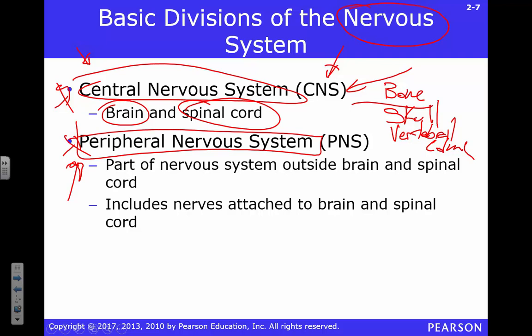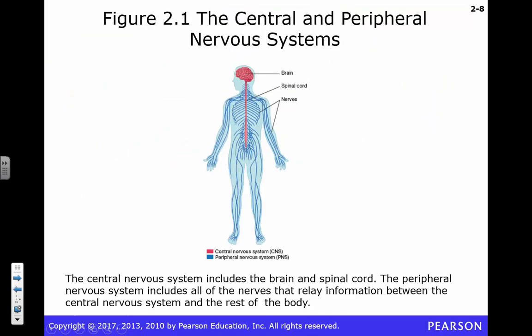So I want you to keep this CNS, PNS division in mind when we talk in just a few moments about oligodendrocytes. Okay? Because there are two kinds of cells that create the myelin sheath, some in the central, some in the peripheral, and they have some important differences. Okay, so it's going to highlight why this difference is important. Just in case you decided not to listen to anything I said and you prefer colors, there's the diagram. And I'm just going to draw green right around all of this so you know it's covered in bone.